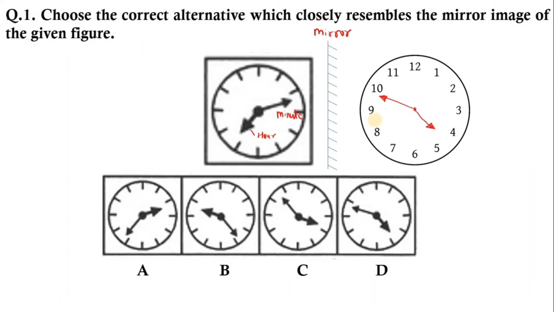We have 4 options. Among these, you can see in this one the minute hand and hour hand are shown wrong, so this is not correct. Here the minute position and hour position are changed, so this is also wrong. Here we get exactly near to that, but the minute and hour positions are wrong. So only option D is correct, which shows the reflected image with the hour hand in between 4 and 5, and the minute hand in between 9 and 10. So D is the correct answer. With reference to this, we will take another example.